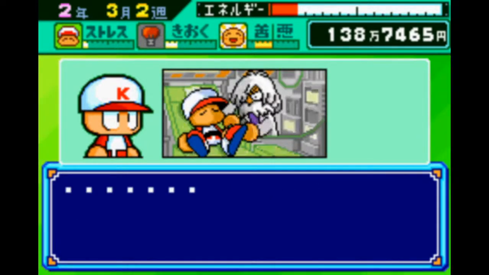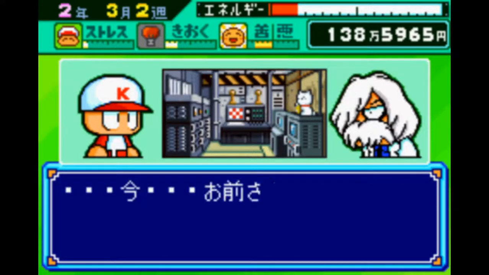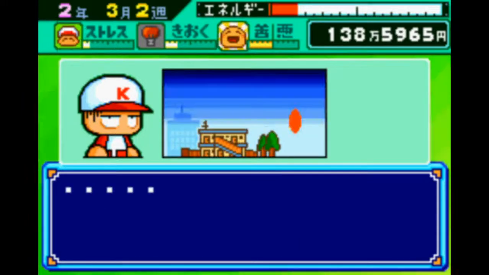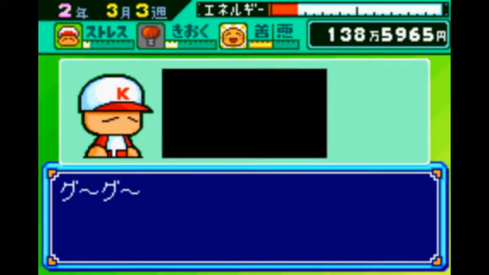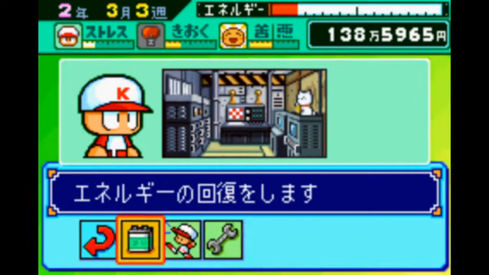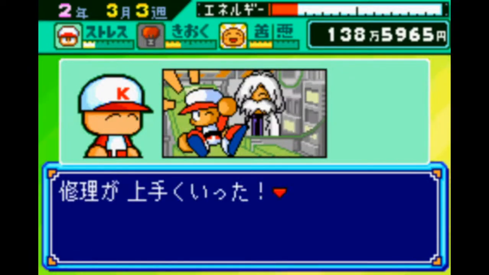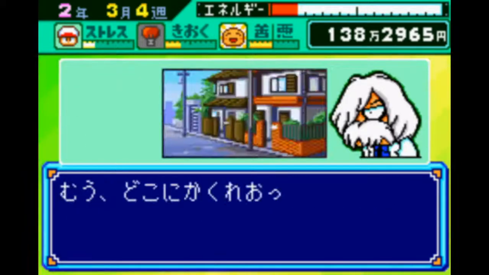Alright, let's fix whatever that was. Oh, we lost our guitar. I didn't even realize we had one of those. That's a nasty little ailment. That's the same thing that causes us to lose our drill, so...